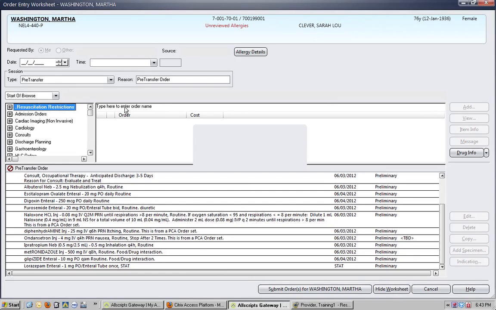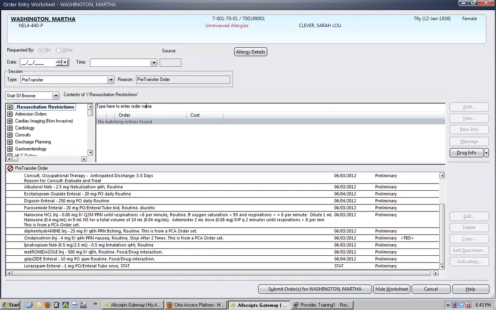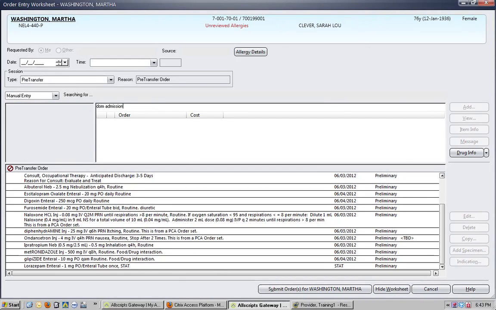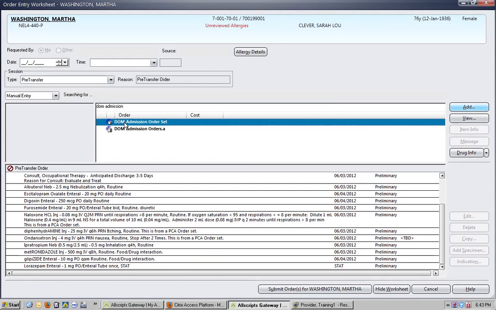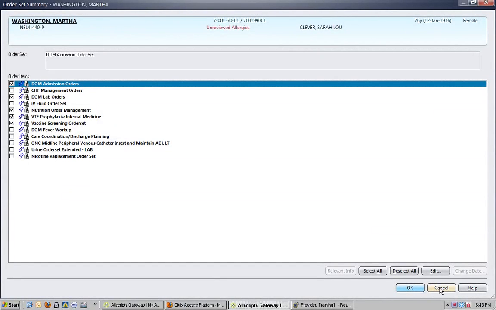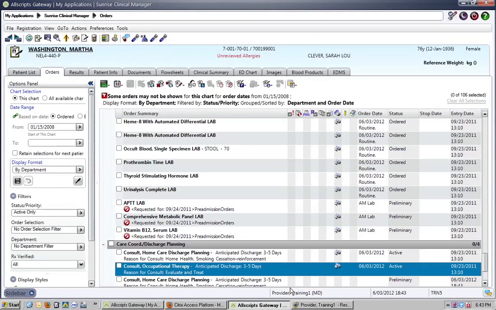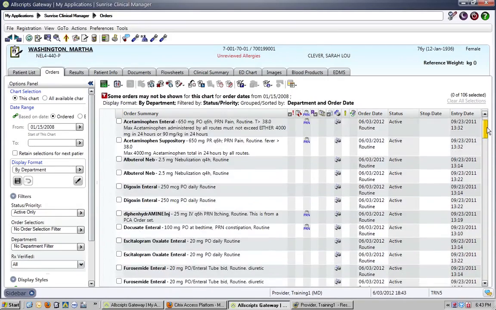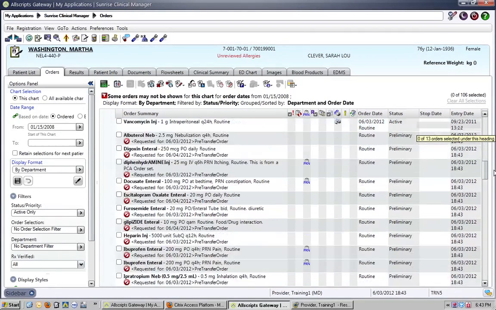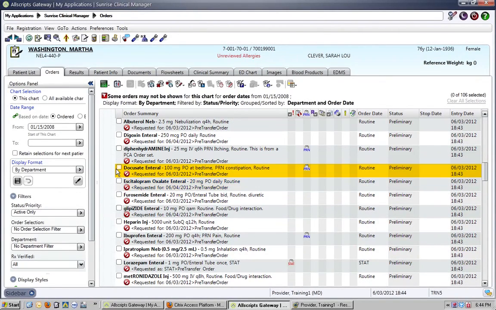You can then go through and do your admission order set. I clearly will not take the time to go all the way through, but once you did all of that, they would all be populated here in this list, and you could submit the pre-transfer orders for that patient. So now, whenever they're downgraded, all orders that are not pre-transfer will be canceled, and then the new ones will be released. But anyway,